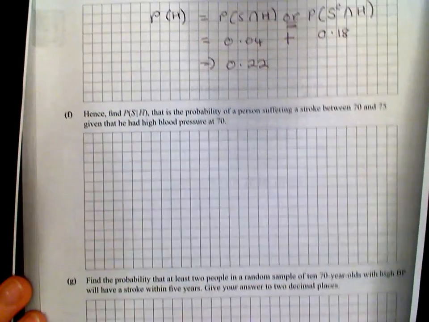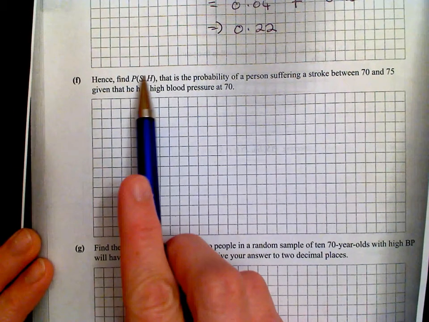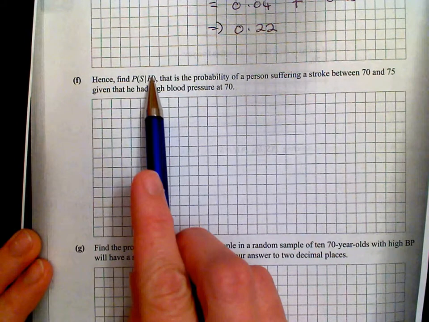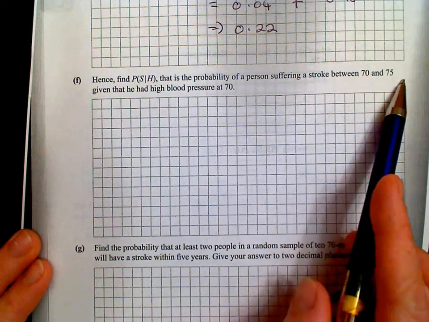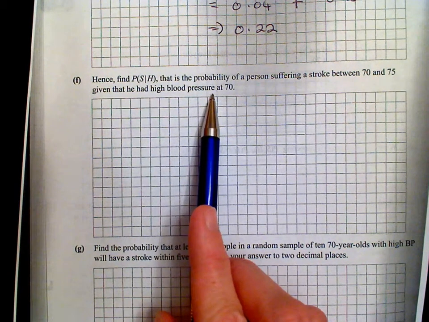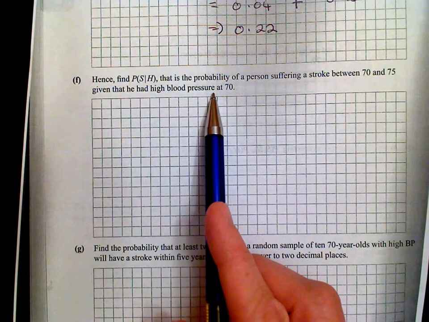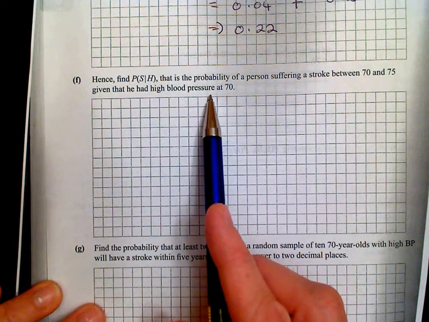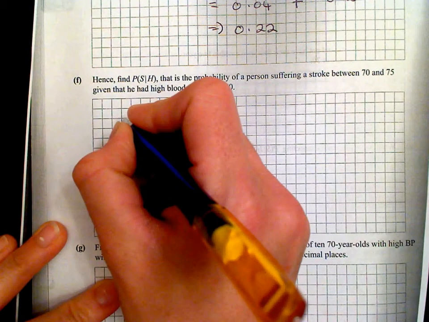Now, part F of the question, hence find the probability of stroke given high blood pressure. That is the probability of a person suffering a stroke between 70 and 75, given that he had high blood pressure at 70. Okay, given that he had high blood pressure at 70. So we have probability